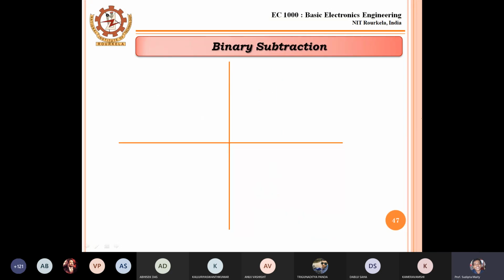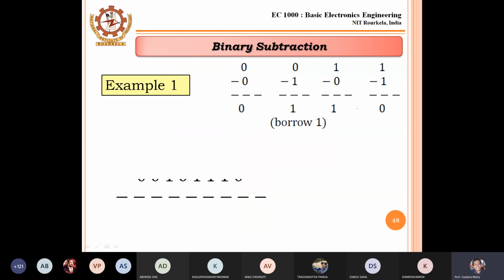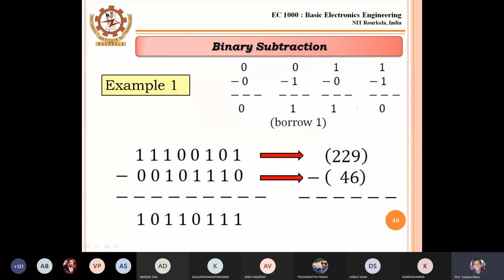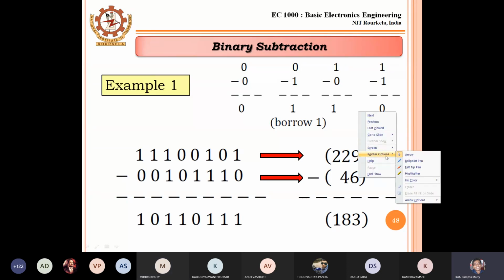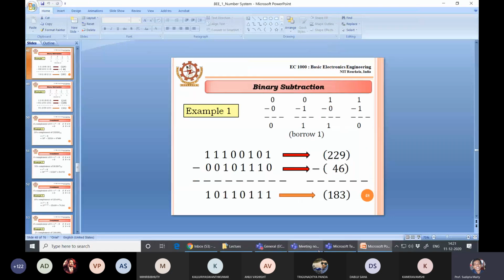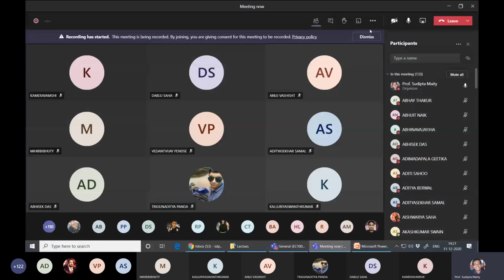Sir, if we miss something in the class, then we write from the slides. That is why, if you miss anything, you can consult the video lecture and write the same thing. That is why we are recording everything, so it is better to consult this. Let's start this recording session.